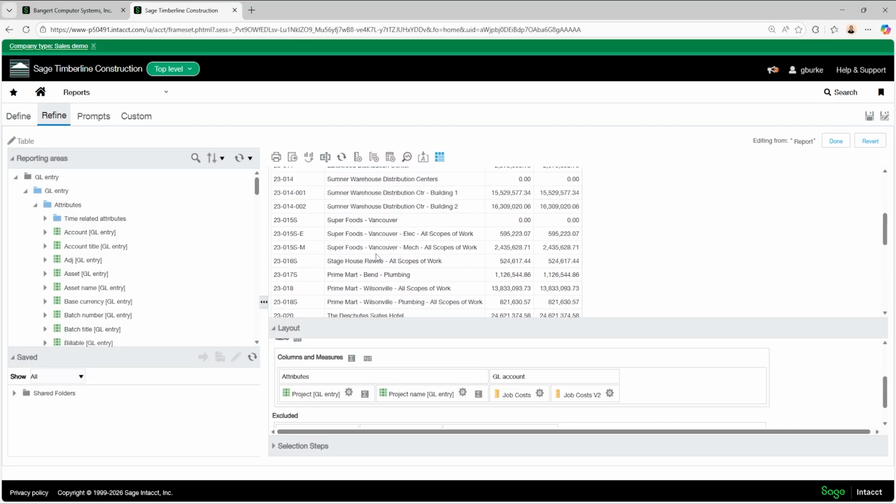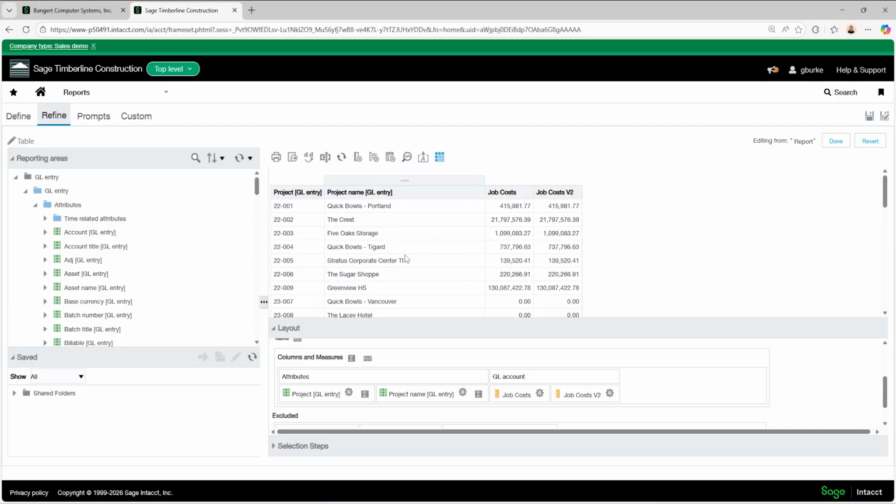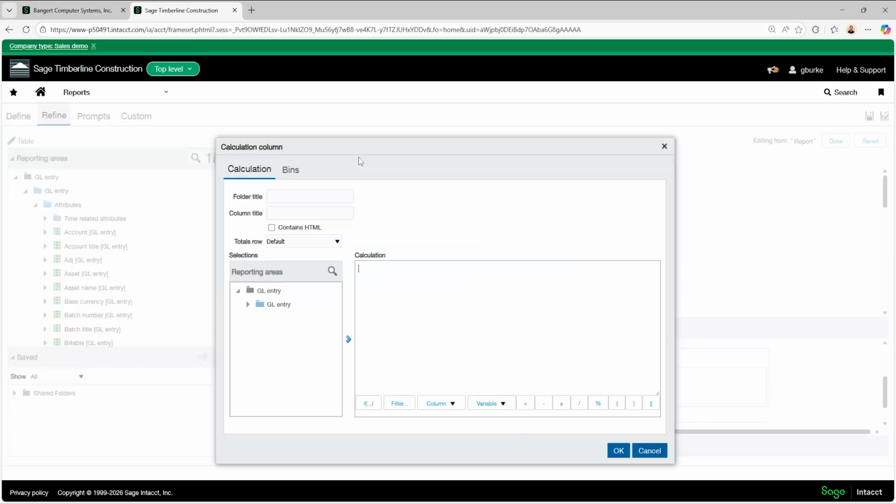So I'm going to actually create a formula to say, okay, what year is the project from? Once again, I'll click on here, the little ruler. I'll say project year.